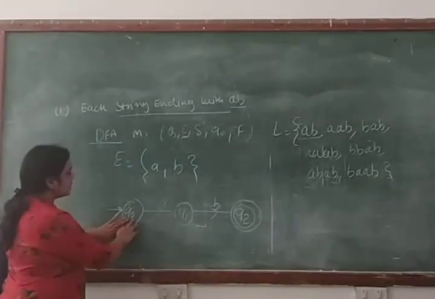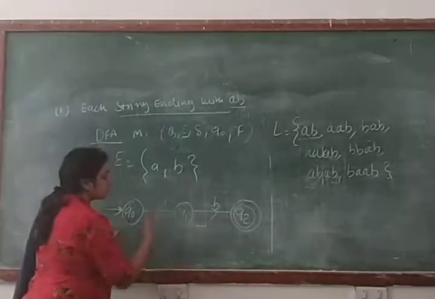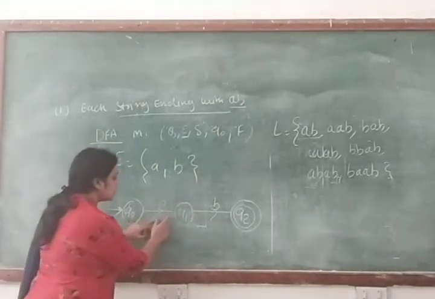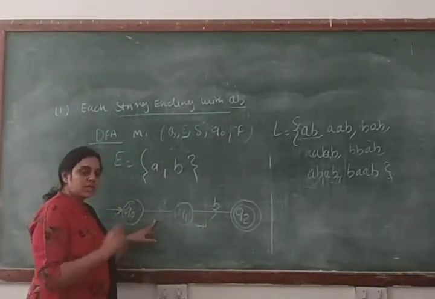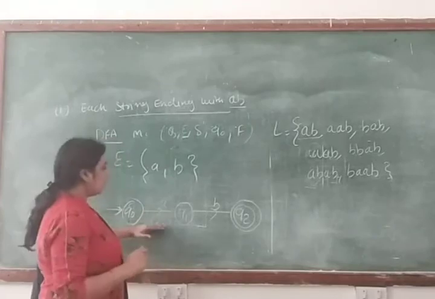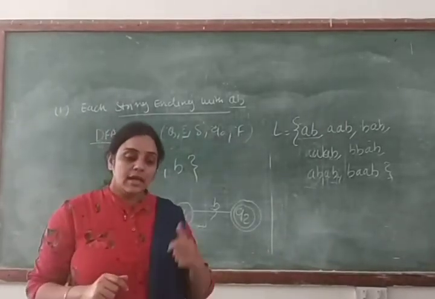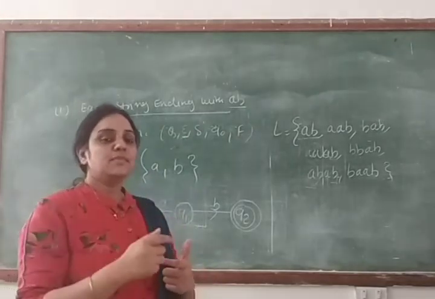So we will start from the initial state. Q2 will be your final state, and Q1 is your intermediate state. If you are making the machine for the smallest length string, so in that case this will be your machine. Clear? Now if you are getting the machine for the smallest length string, after that you will make this machine